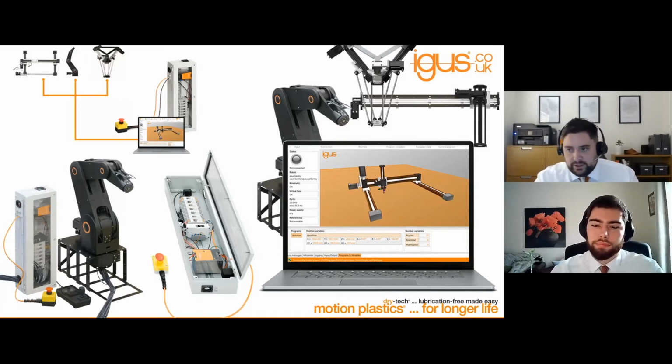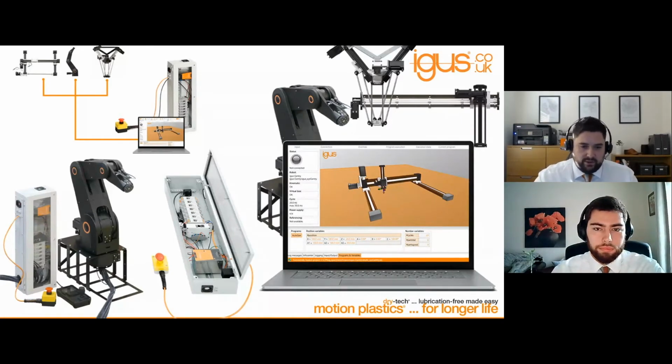And with this, we are giving the ability and the opportunity to people that were previously maybe a bit standoffish of robotics, or they didn't think that it was going to be easy enough for them to try and implement or deploy a robot into their application.